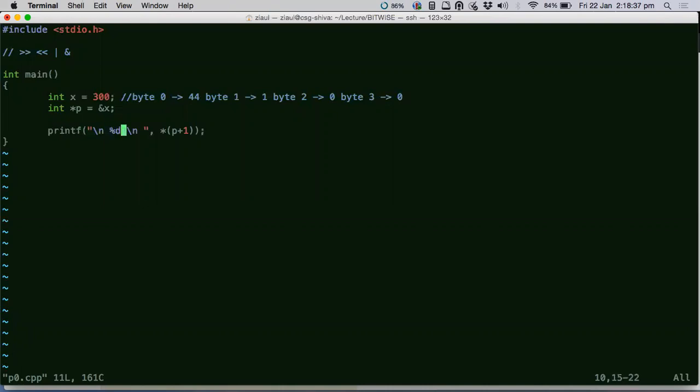So what is happening is, whenever you are using an integer pointer, what does the star operator tell you? The star operator gives you the value at the address pointed to by that pointer. It also takes into consideration what kind of value the pointer was pointing to. If it is pointing to an integer, it will take all 4 bytes following that address, and then you will get that value. It cannot just break into bytes because the pointer type was integer pointer.